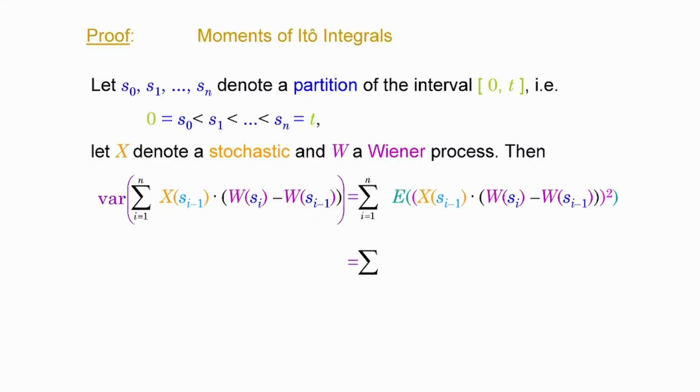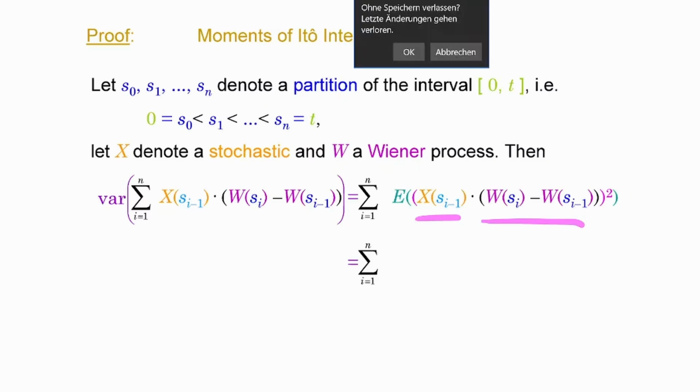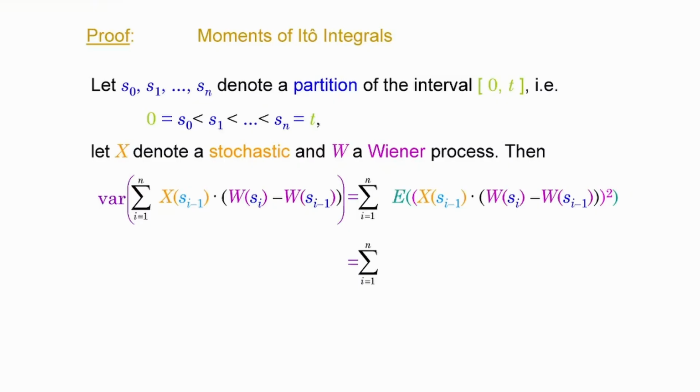I'm keeping the sum, and I'm going to use the independence again. X does not depend on the increments of the Wiener process at time point s minus 1, of course. That's the only independence that I need, and it's true across the board for the whole partition. So the expectation of the product is the product of the expectations, even for the squares. That makes no difference. Here I take the expectation of the square of X, simply ignoring the increments of the Wiener process because they don't depend on each other. You can still split it.